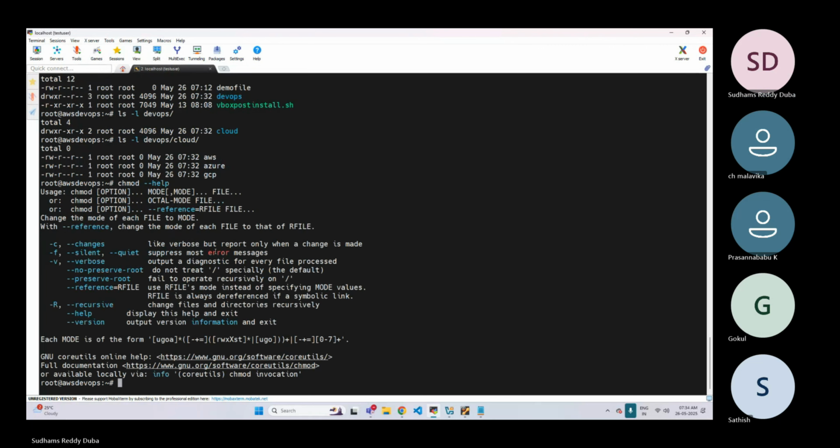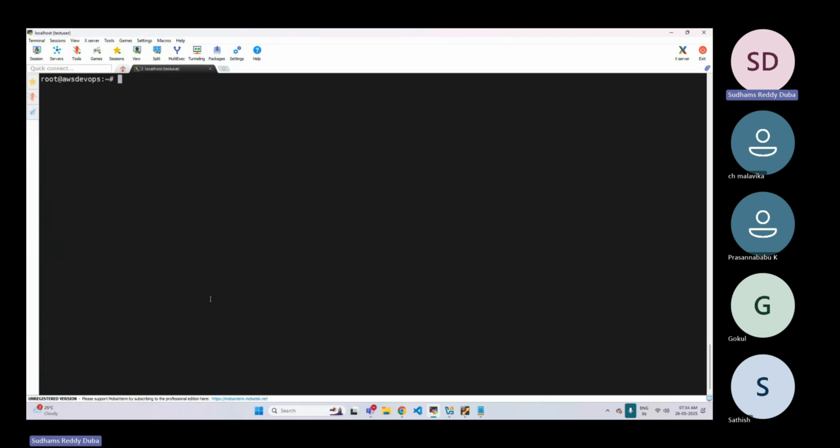In chmod, let me show you the documentation or help. Okay, this one is not necessary. Fine. Now, coming back to the point, let us see how I can change the permissions on the subdirectories and files as well. In those conditions, we have to give chmod hyphen capital R, recursive.